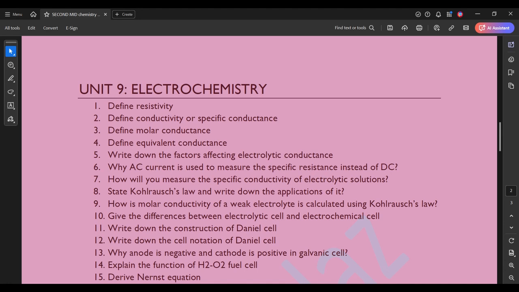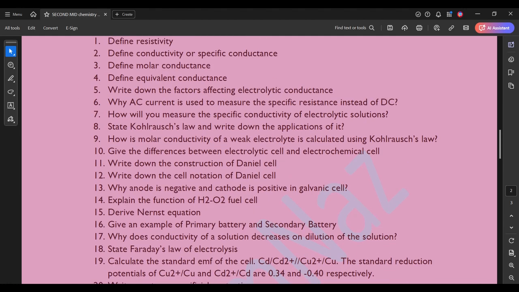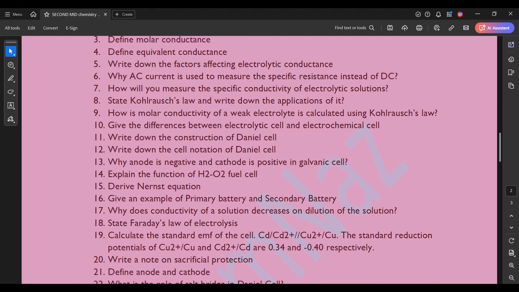State Kohlrausch law and write down the applications of it, 5 marks. Separately, state Kohlrausch law can be asked in 2 marks. How is molar conductivity of a weak electrolyte calculated using Kohlrausch law is a 3-mark question. Give the differences between electrolytic cell and electrochemical cell, it can be asked in 2 marks as well as in 3 marks. Write down the construction of Daniel cell is an important question once asked in public examination, a 5-mark question. Write down the cell notation of Daniel cell, it is a 2-mark question. Why anode is negative and cathode is positive in galvanic cell, it is a 2-mark question, or it can be asked